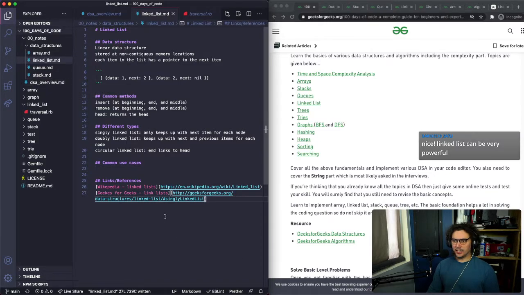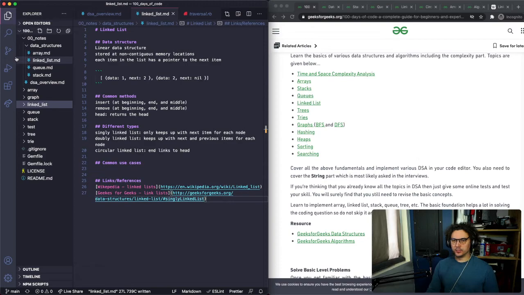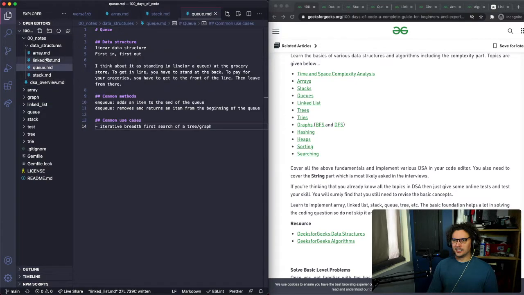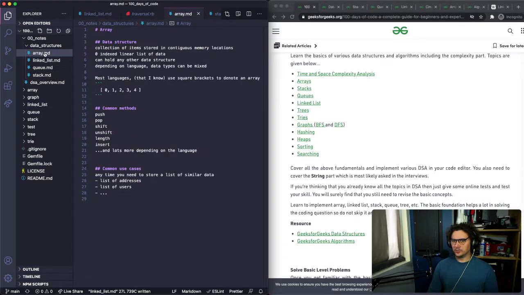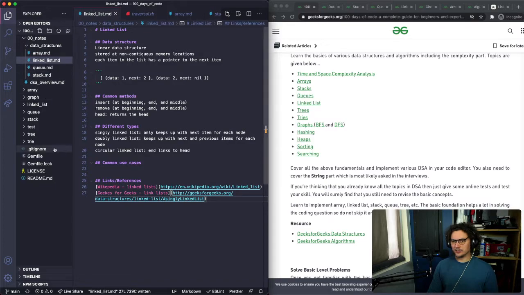Linked list can be very powerful. I've not ever used it in actual work. Obviously they use arrays a bunch. I guess most of these data structures I haven't had to handwrite. I'm sure they use somewhere though. My day job is web/software development, so most of the times I touch a linked list or even graphs, trees, or anything like that, they're probably embedded in a package somewhere.